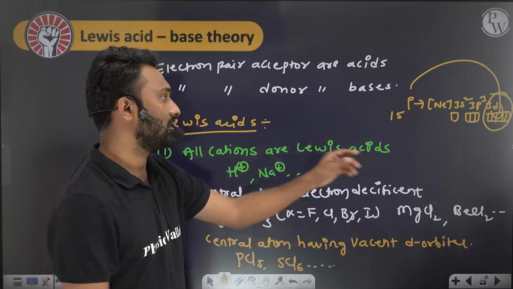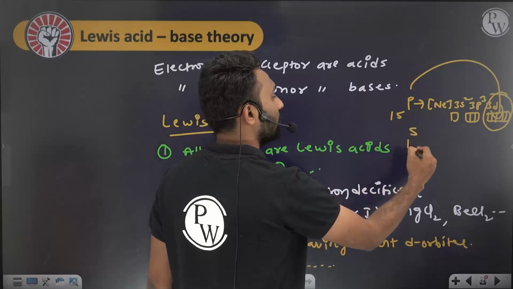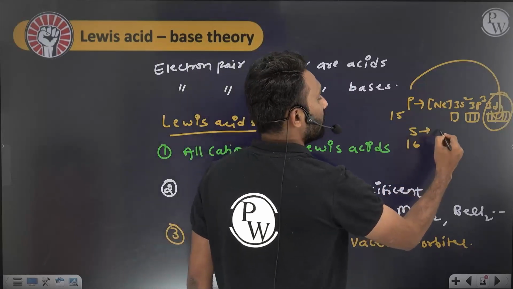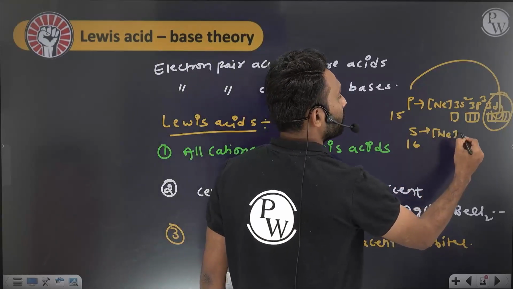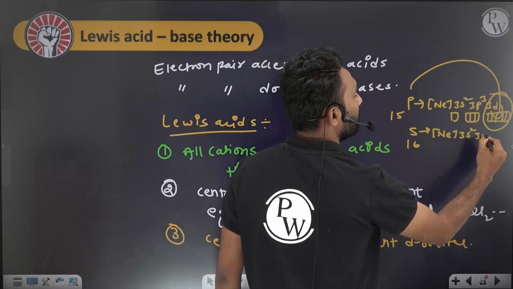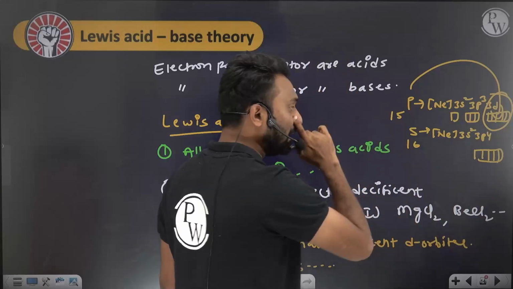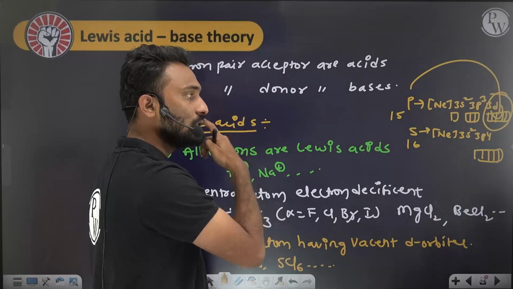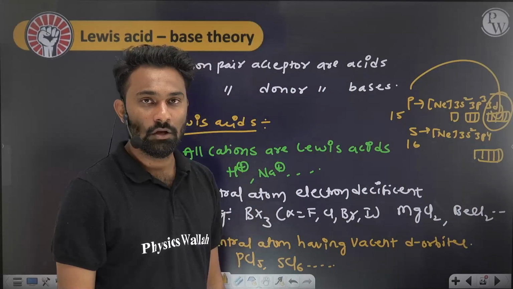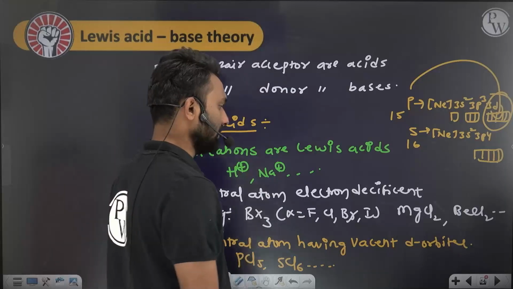SCl6, sulfur electronic configuration ಏನು, 16 ಅಲ್ಲ. Now this is neon 3s2 3p4, same vacant d orbital ಇರುತ್ತೆ sulfur ಗೂ, so that's the reason it is acting as a Lewis acid. Next,